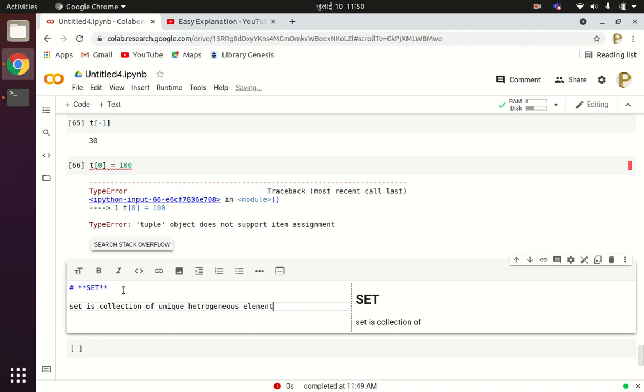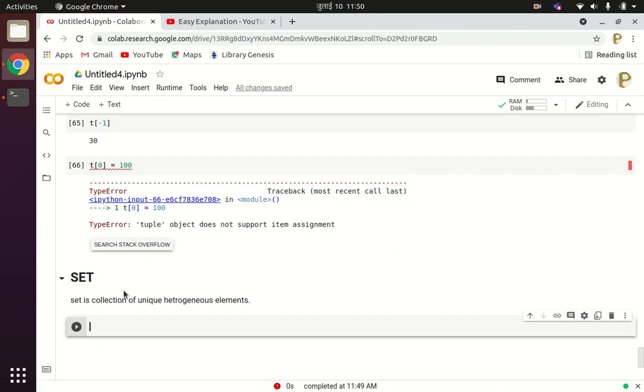So the concept of set is very much similar to the concept of set in the subject math. So here we can implement that set concept by using the set data structure in the Python programming language.